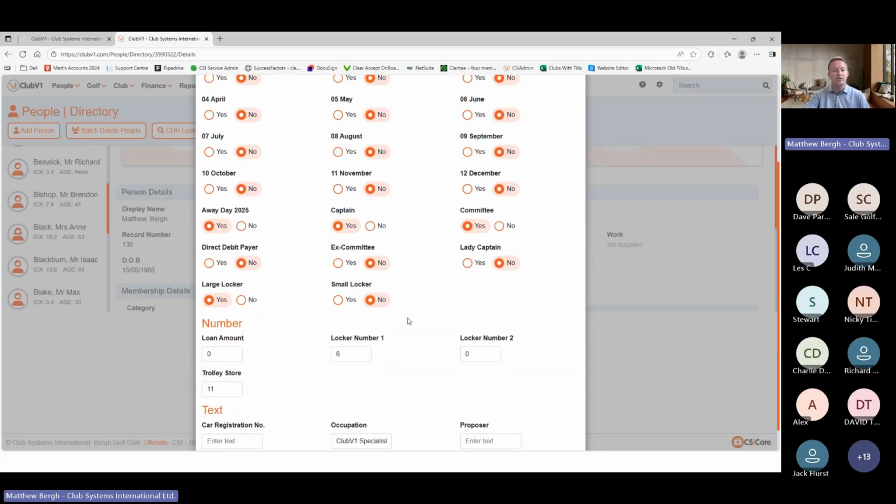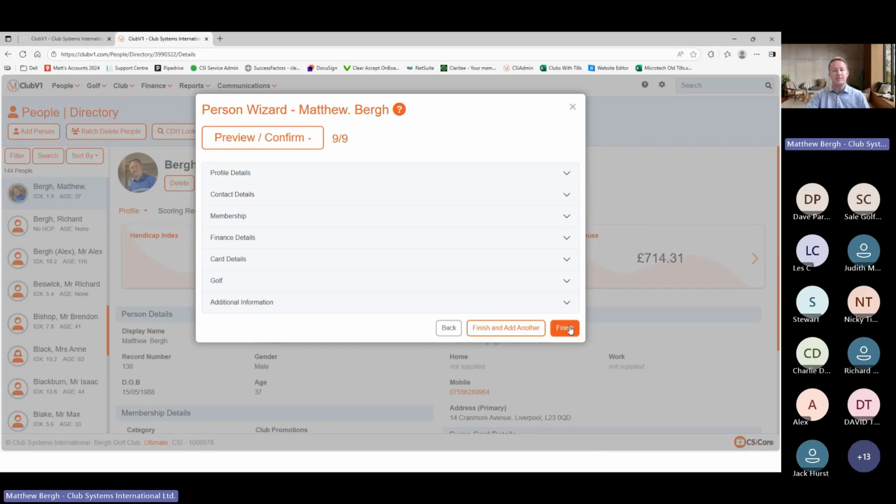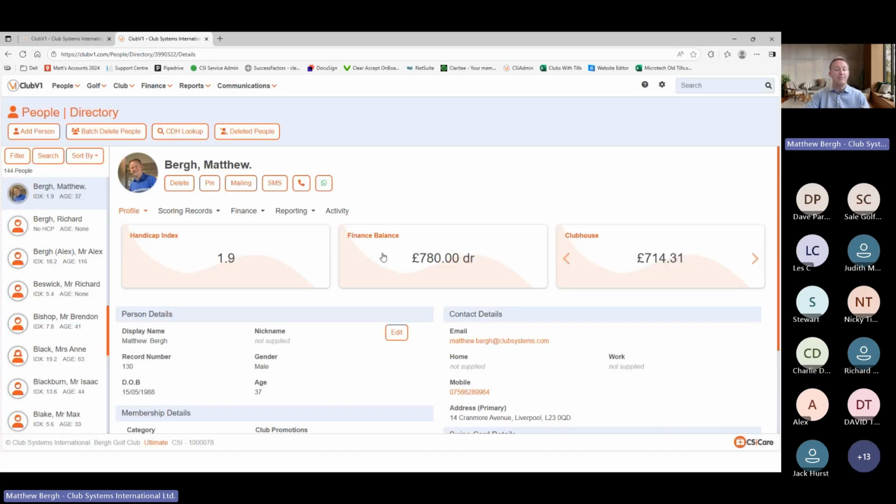Okay. Then as we scroll down, we have our numbers and we have our text. So there we have our car registration number, and I can put in AB12 CDE as my registration number. Okay. I then save that, finish that, and that has now stored that in my member record as my car